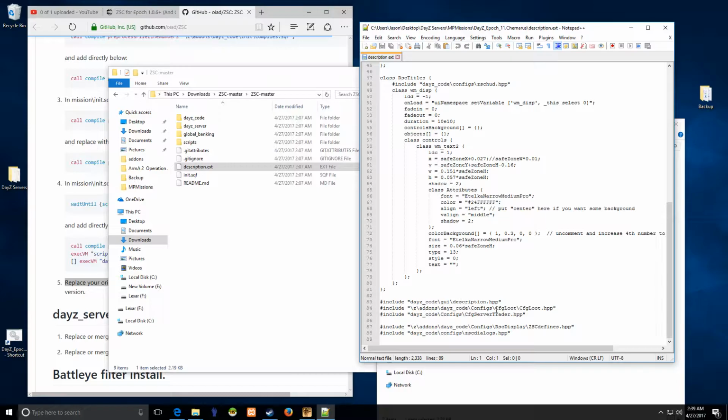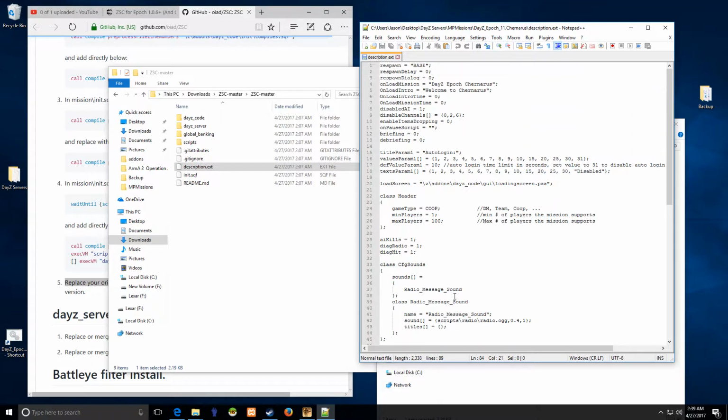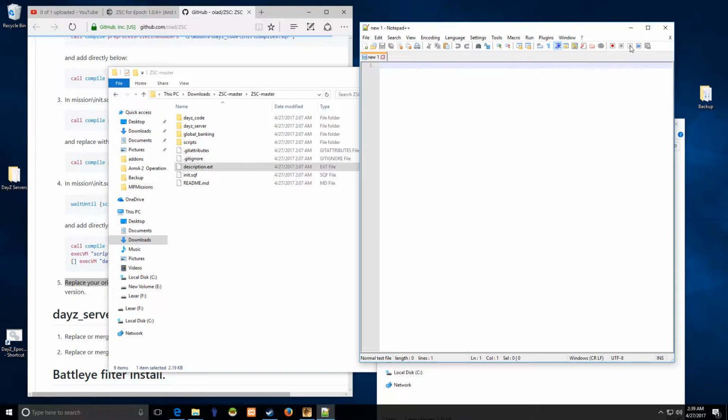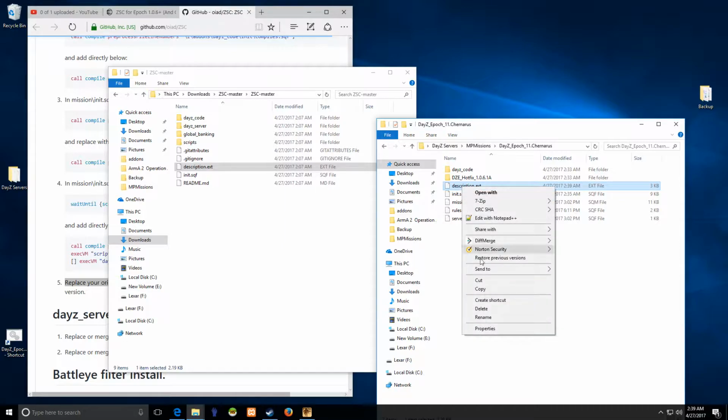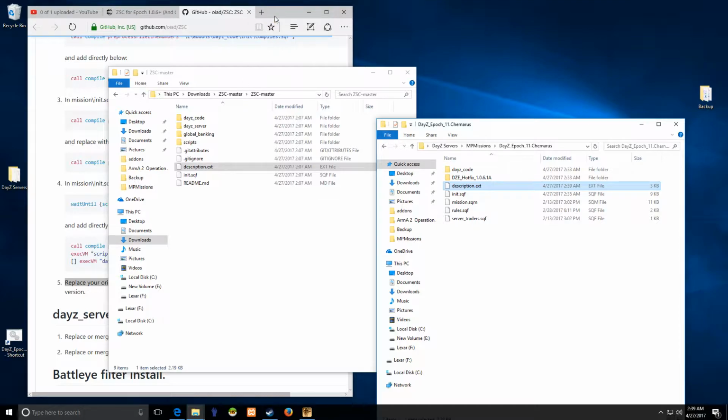Everything in here is the same. If you had custom loot tables, then of course you would want to be careful with that. You'd want to copy this back over if it was in your mission side. But this is kind of a fresh install with very limited editing done to it, so I'm just gonna use that. Otherwise, you could also delete this one, go down, delete that one, copy this one over, you could do that. So we're done there